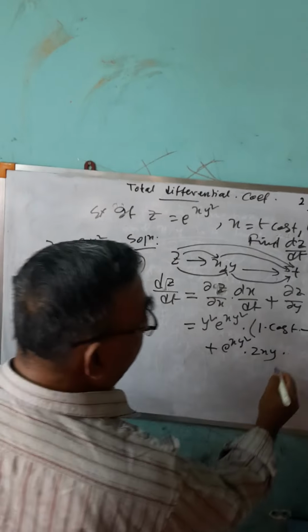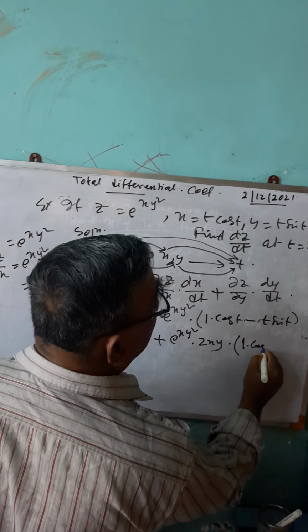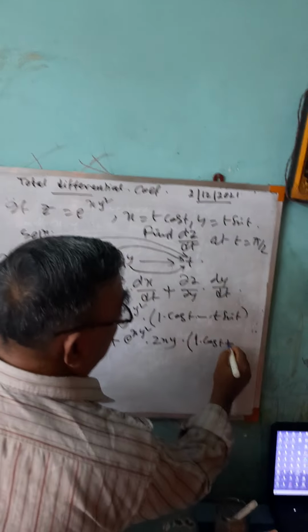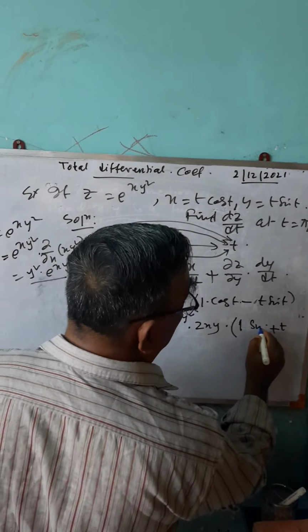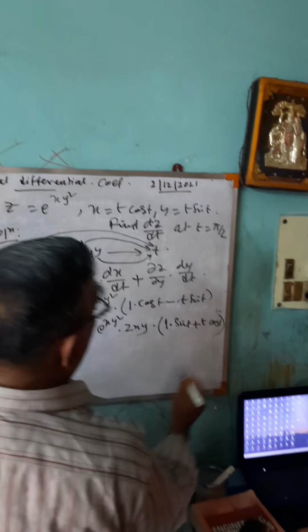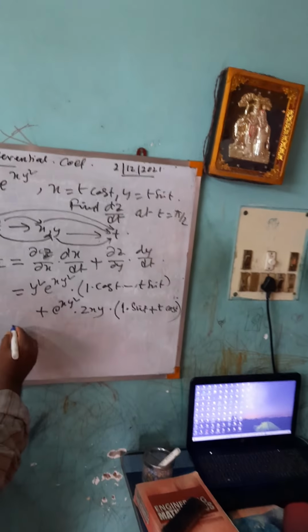Tell me, dy/dt: it will be 1 into sin t plus t cos t, using u into v. Okay, now if you simplify this, then you will get